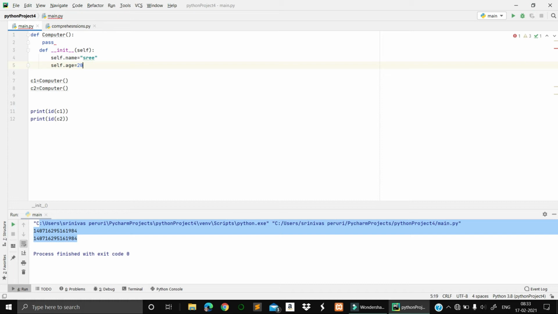The init function by default has self as a parameter. This self is a constructor. What does a constructor mean? This constructor will tell where the address is to be stored. In the college you have so many classes, but you want to sit in a particular classroom, which means the address of that class.